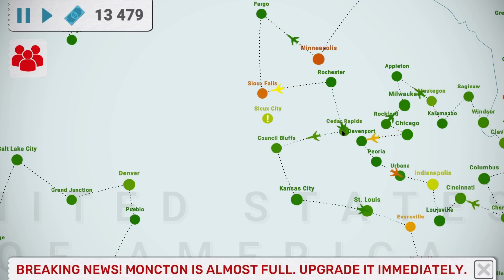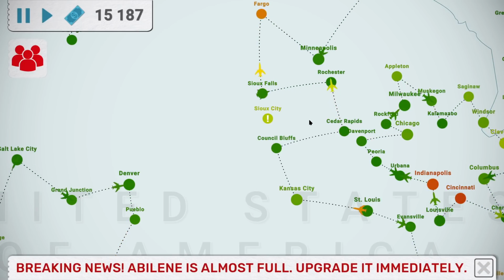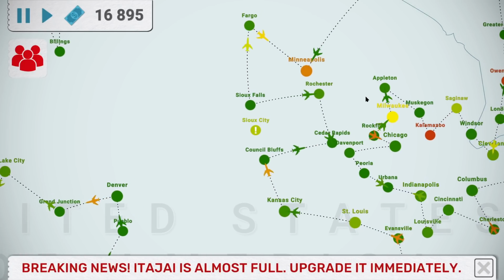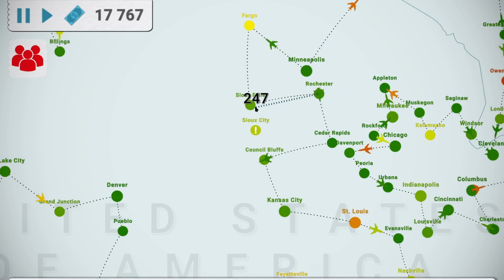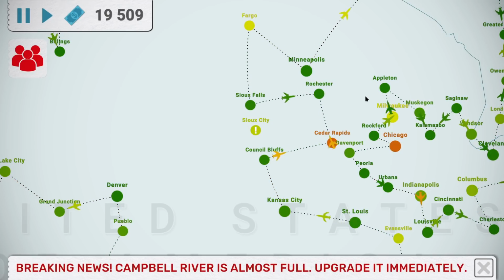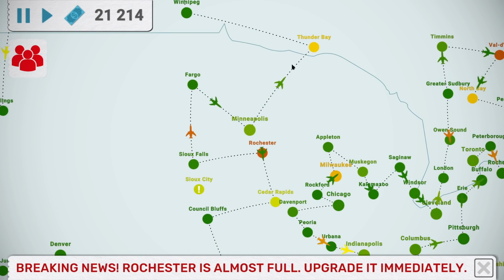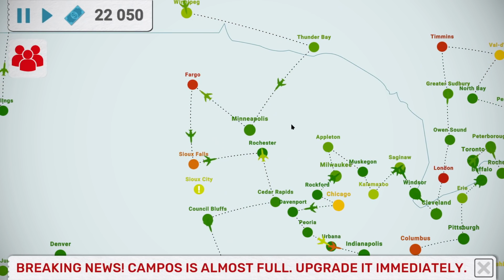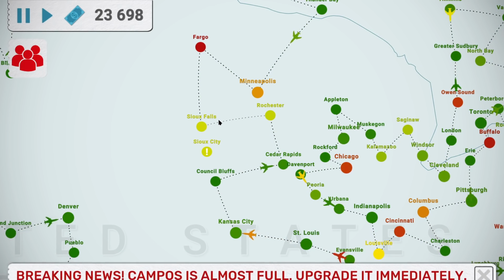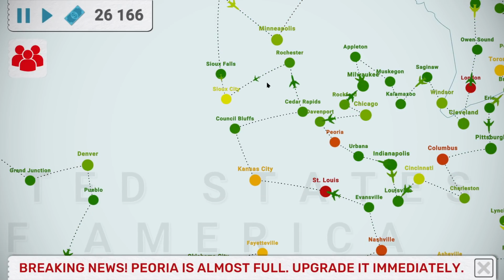Alright, so let's go the best route here, actually. Because we could connect Cedar Rapids to this section here. Rochester's just a little bit out in no man's land. Or arguably Fargo is. Let's just go the easiest solution for now. Might not be the best one, but...